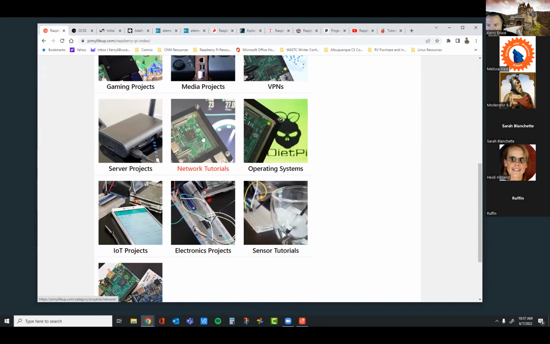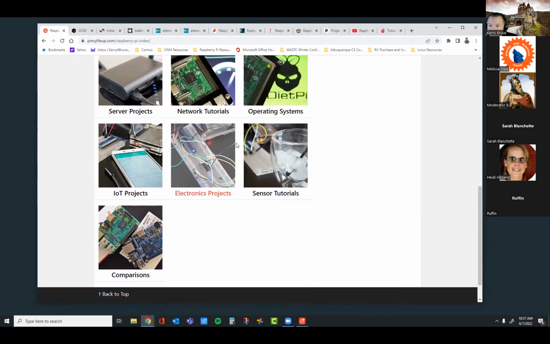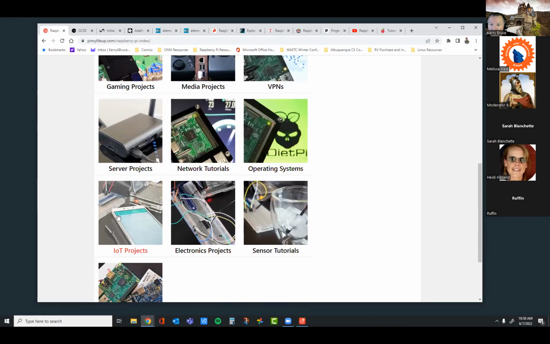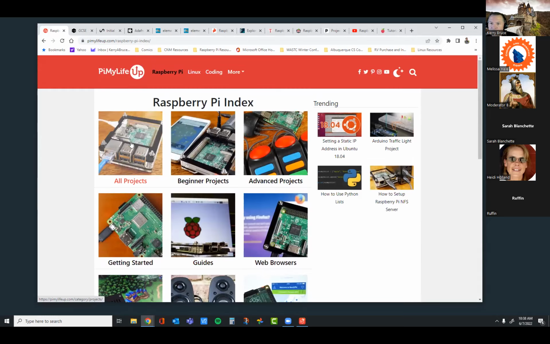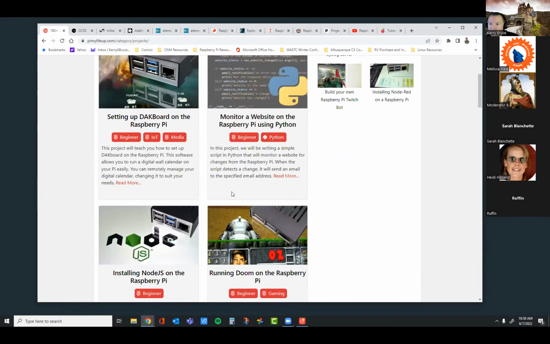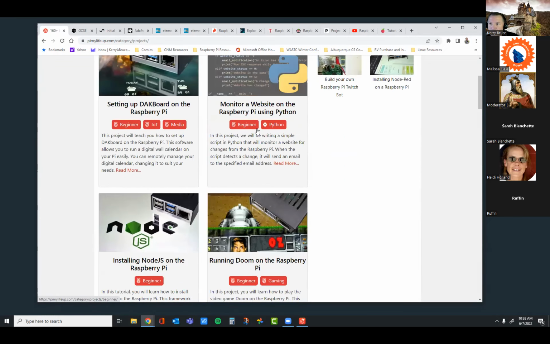We do a lot of the network tutorials. There's server projects, and there's operating system projects, and VPN projects. All four of those really fit into this CIS idea. There are some other IoT things that they've done. They use different sensors than we normally would use. They're using circuit boards or ICs here for that as well. So there's lots of cool stuff, right? If you click on all projects, just ridiculous amounts of things.